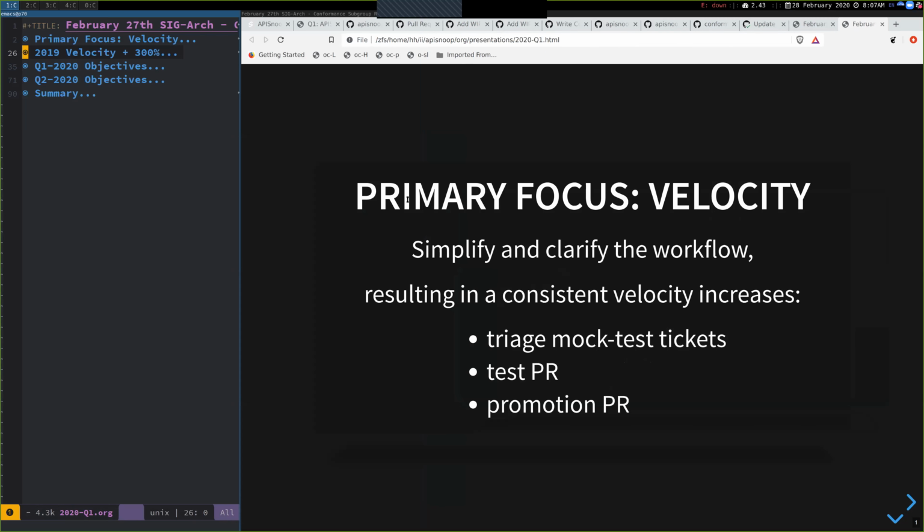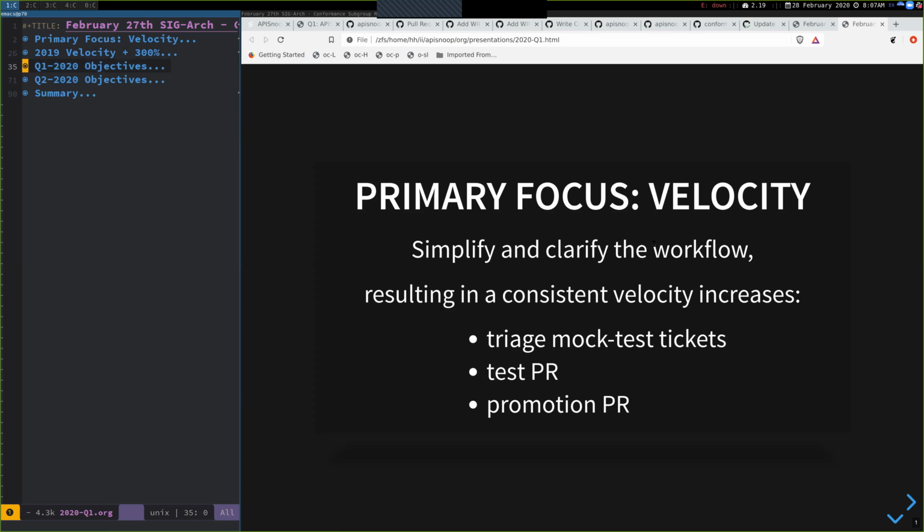A key part of that is the triage process that we do during our meetings, creating mock test tickets, and those flowing into before we start doing test PRs and promotions. It's helped a lot.